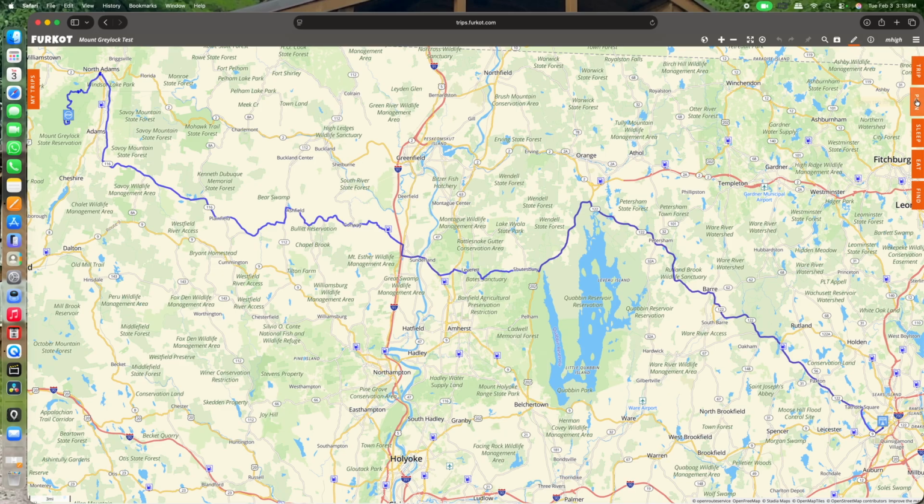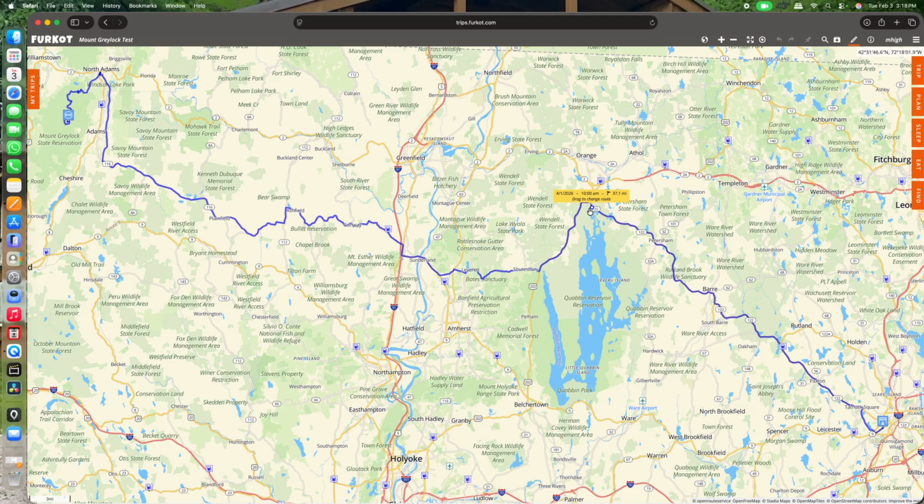Now the actual trip planning itself, there are 5 tabs along the side here: trip, plan, sleep, eat, and find. Right now I've simply told it in those opening screens, we're going to start in Worcester, we're going to end at Mount Greylock, and I've planned no other stops, no gas stops, no rest stops, nothing. I've simply told it to avoid highways and avoid toll roads. And so it has laid out a path to Mount Greylock. I can agree with it or disagree with it if I want to later on.